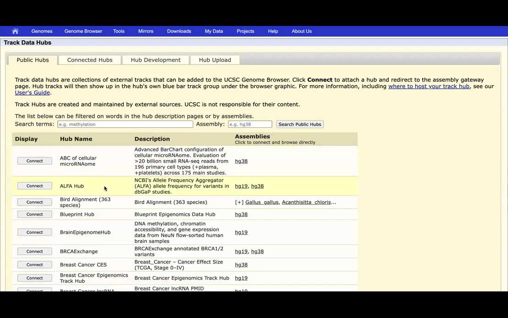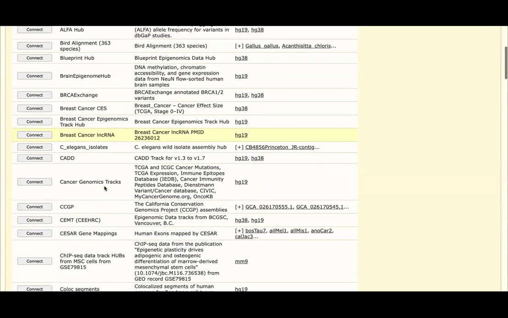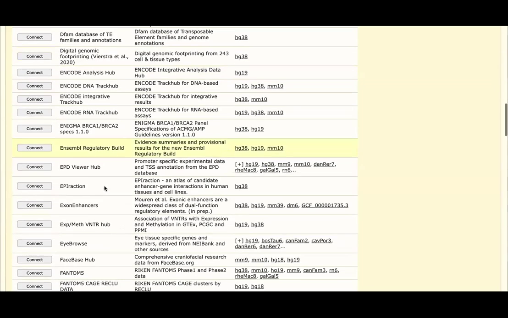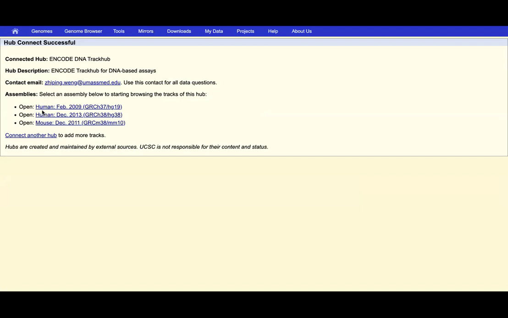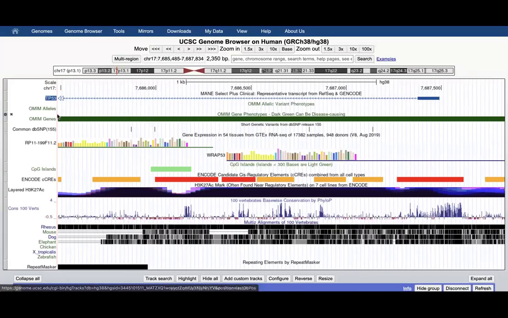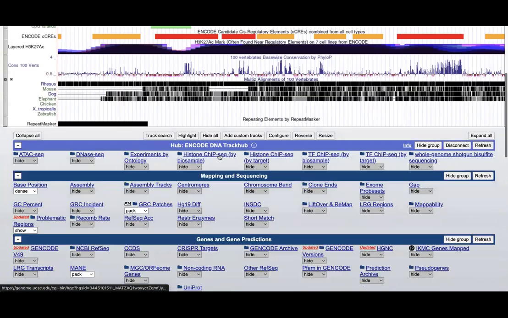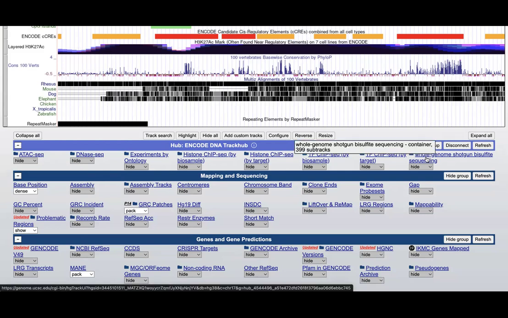And then I'll want to find the ENCODE DNA track hub, which is right here. I'm going to click connect. And it'll ask me to specify the specific assembly since we're doing this December 13th one. That's the one I'll click on. And then you'll notice it'll add that track hub down here with a whole bunch of new filters. And so I'm going to use whole genome shotgun bisulfite sequencing